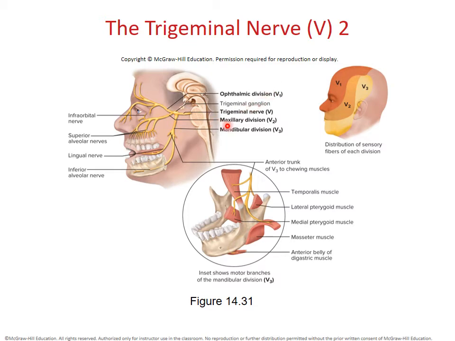The maxillary division serves this part of the head, basically the anterior part of the temporal region, the cheeks, upper lip, and most notably upper jaw. So when a dentist has to work on your upper teeth, he or she must anesthetize the maxillary branch of the trigeminal nerve. And then the mandibular division, of course, serves, as you might guess, the lower lip, the chin,